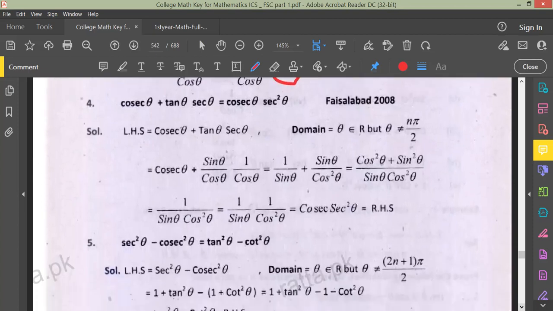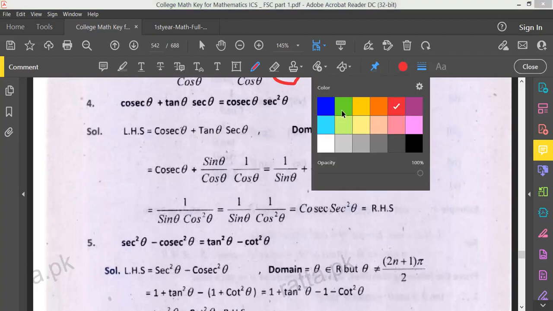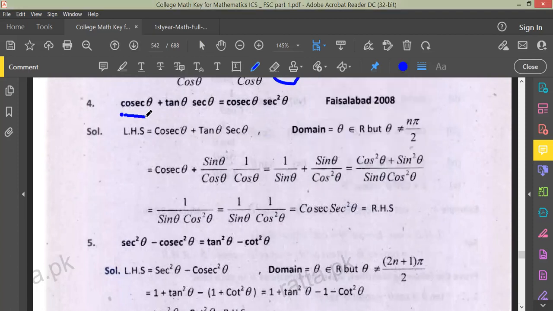After question number 3, we will discuss question number 4. We know that this is question number 4: cosecant theta plus tan theta secant theta is equal to cosecant theta secant square theta. This is the simplest type of question. After taking the left hand side, it will be equal to cosecant theta plus tan theta secant theta. After putting the value of cosecant, which is equal to 1 over sine,